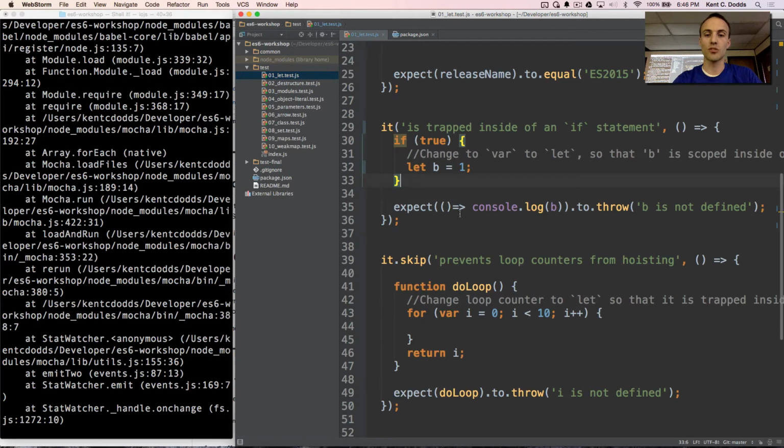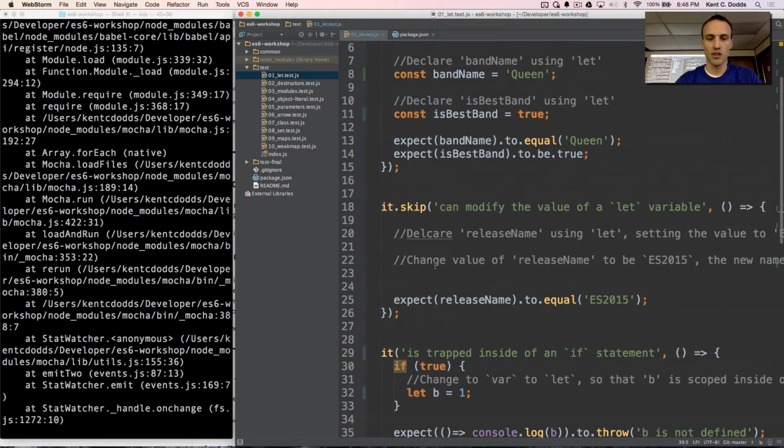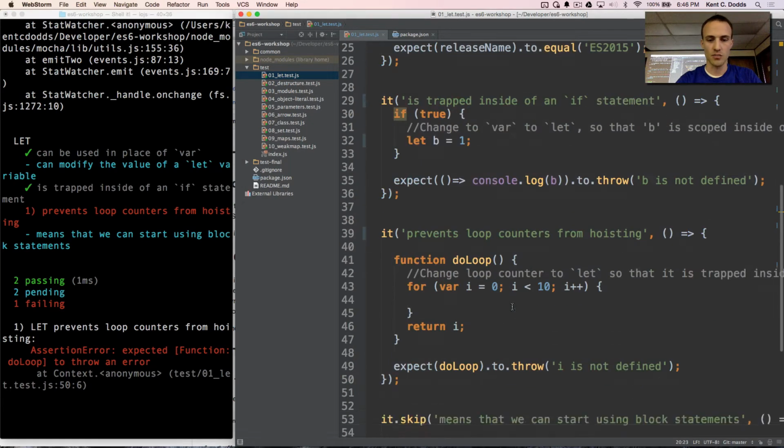I generally will use let and const because both of those are block scoped, like to if statements and for loops. So it's just advisable to use let and const most of the time. Most of my application doesn't use var anymore. So okay, let's continue through and make all these tests pass.